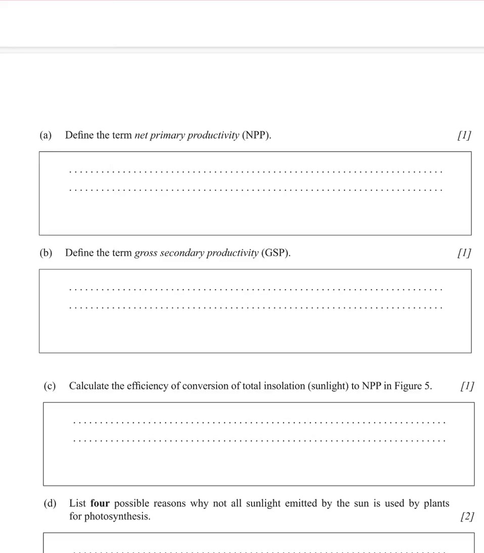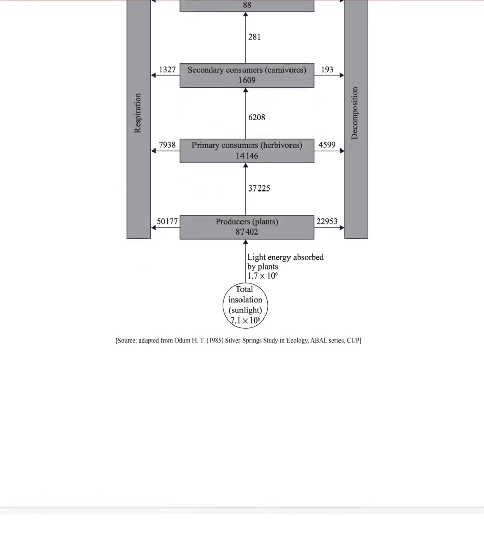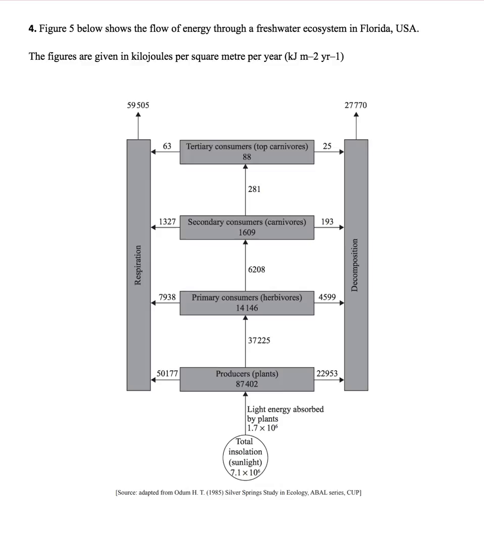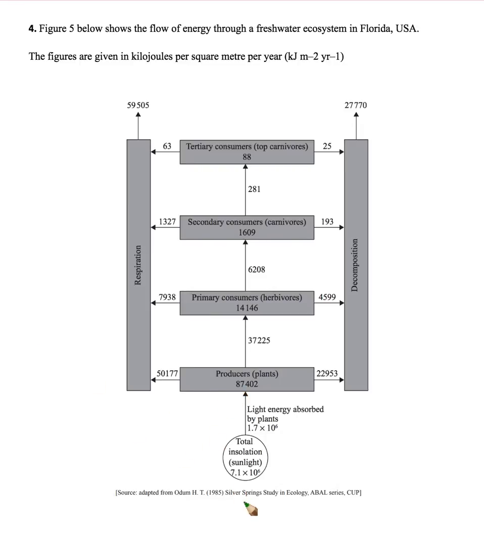Okay, so let's define the term primary productivity. So let's scroll back for a second. Let's have a look at this picture here. This could be quite scary when we look at it, but actually what we're just looking at here is a food chain. And I highly recommend that you take a quick look at a diagram like this, but then go to the questions. So if we look at it quickly, we've got, this is the overall amount of sunlight reaching